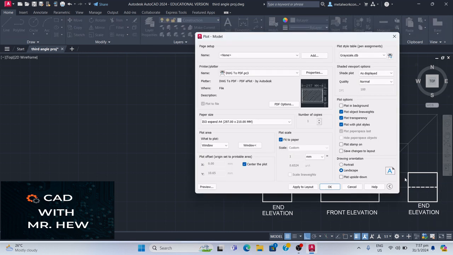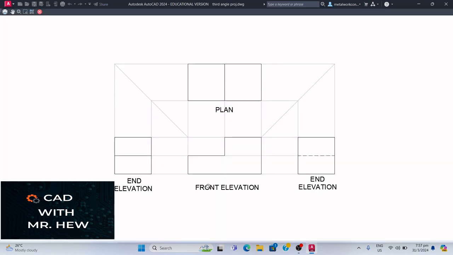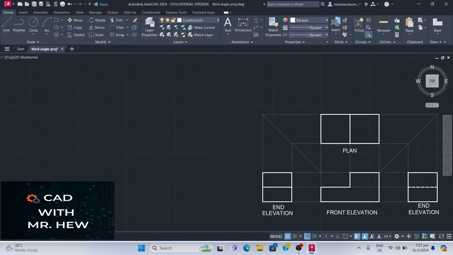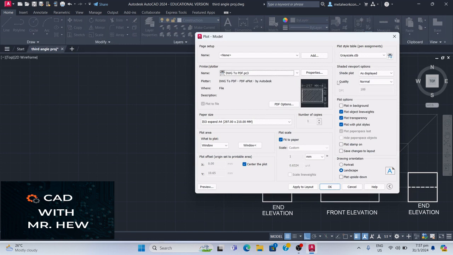We click there, right? So here it says window to window, and what we can do is a preview, right? And this is what the drawing would look like if you print it as is, right? See the construction lines are in the background there. All right. So we're going to press OK,